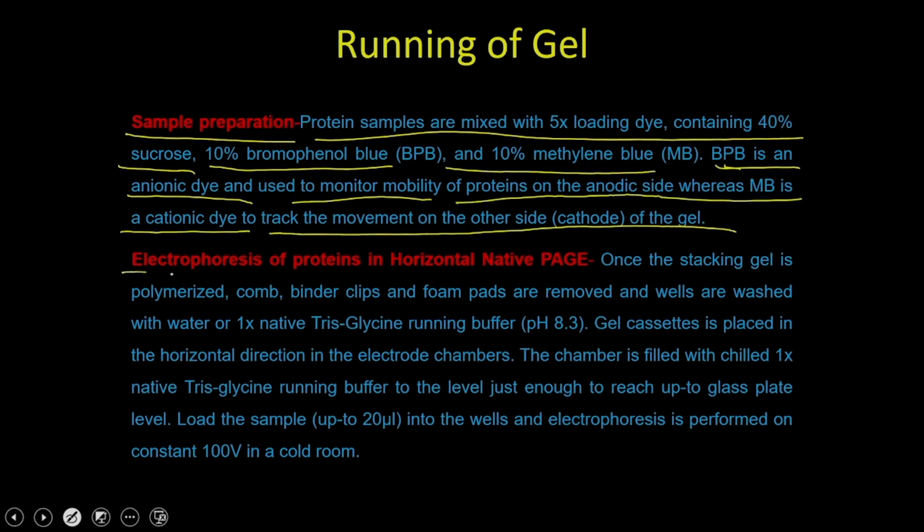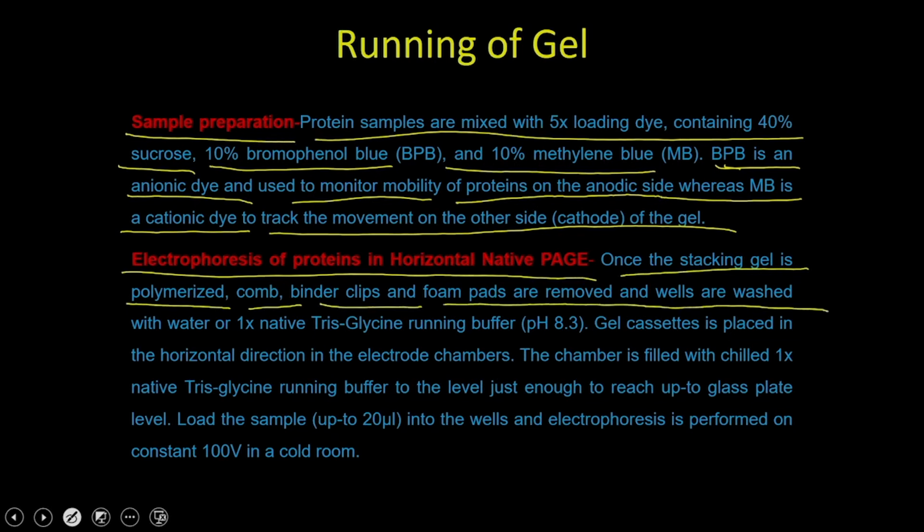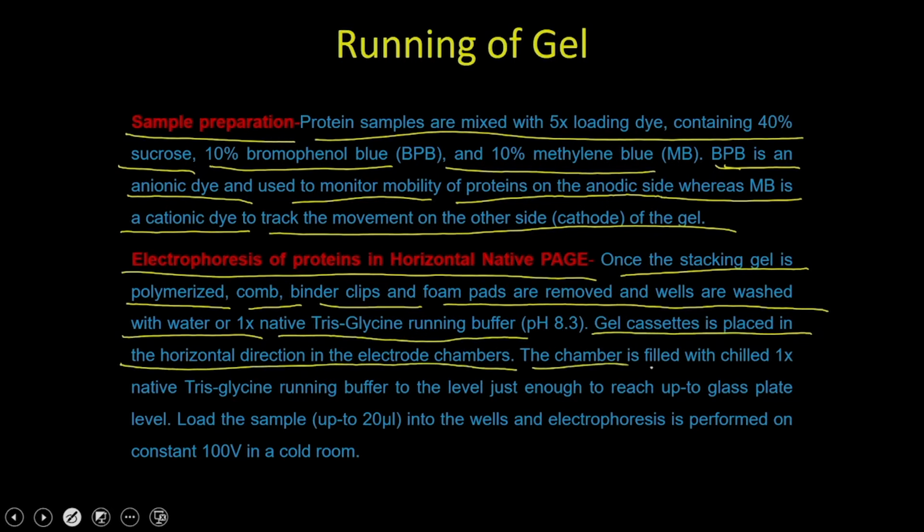The electrophoresis: once the stacking gel is polymerized, the comb, binder clips and foam pads are removed and the wells are washed with water or 1x native Tris-glycine running buffer. The gel cassette is placed in the horizontal direction in the electrode chamber. The chamber is filled with chilled 1x native Tris-glycine running buffer to a level just enough to touch the glass plate,